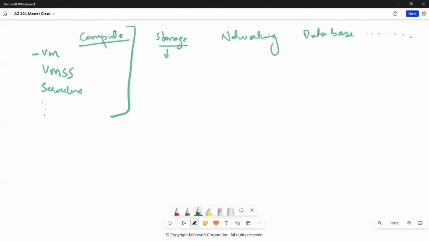Storage, as I said, okay, what are the storage services that we have? We have Azure Storage Account. Okay, then networking. What are the different networking services that we have? Database services that we have, right? So I can classify the Azure Cloud Services as these 4 stuffs, and in order to provide these 4 stuffs, Azure has classified into infrastructure as a service, platform as a service, software as a service. These are the cloud deployment models, right?